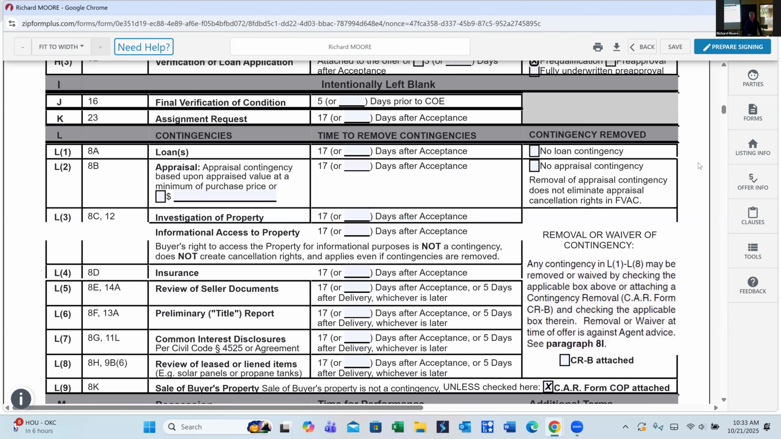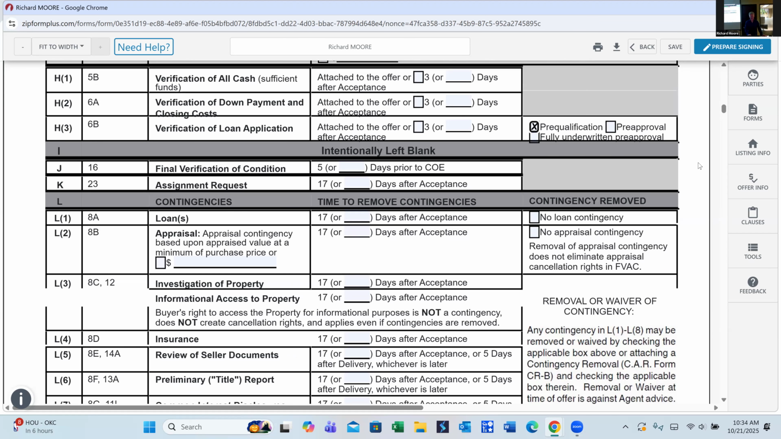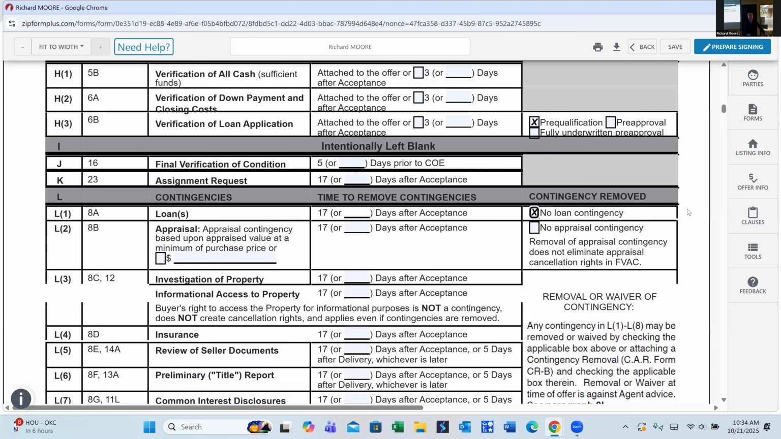And then the loan, let's see contingencies, and this is very important. Obviously, the loan contingency default is 17 days. We can say no loan contingency, even though we're getting a loan for $800,000. And if I were to say all cash, it is not necessary that you check the box, but if you check the box, it's not going to hurt anything. The appraisal